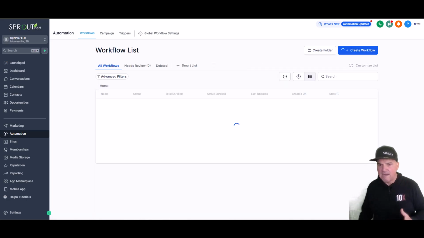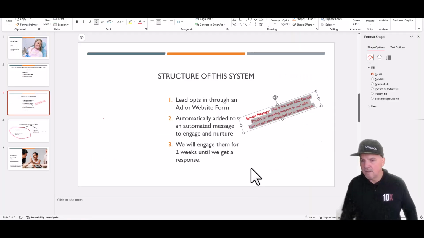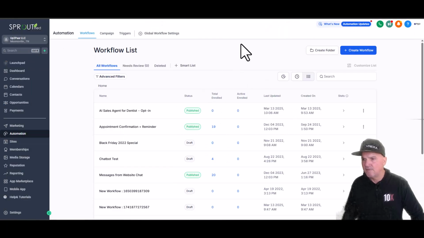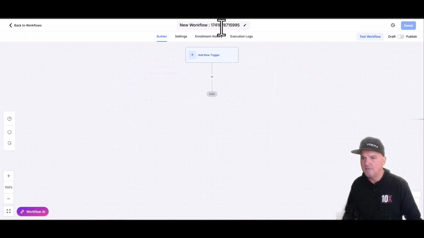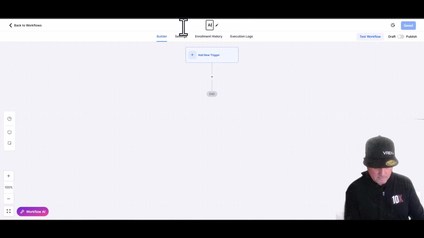And this is where the AI stuff really starts playing in. Now that they opted in, we need to get our AI firing off. So we need to nurture this and have this coming in. So we're going to create a new workflow, and we're going to do it again from scratch as we always do. And we're just going to call this a simple name, AI bot